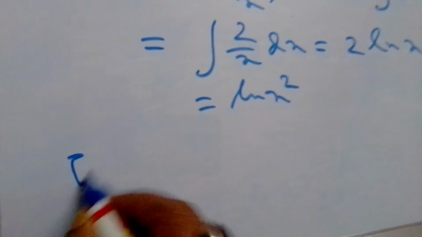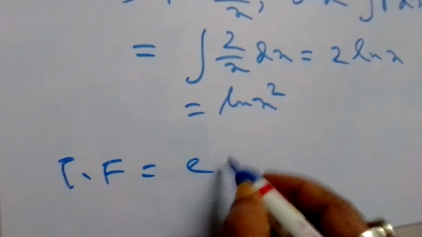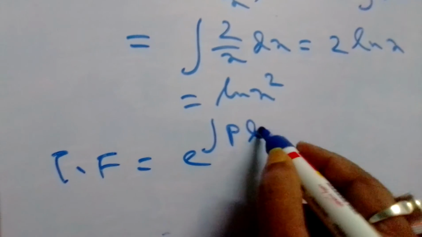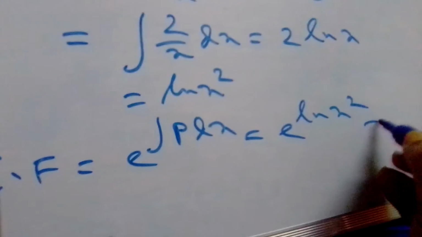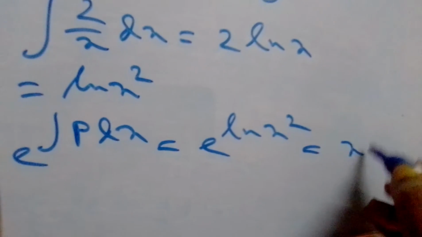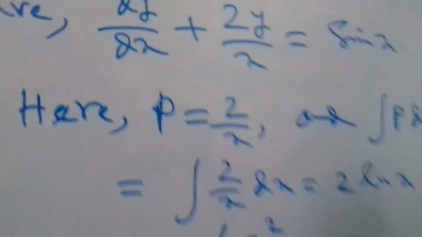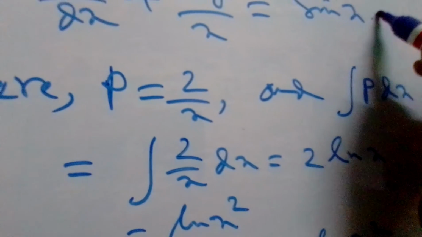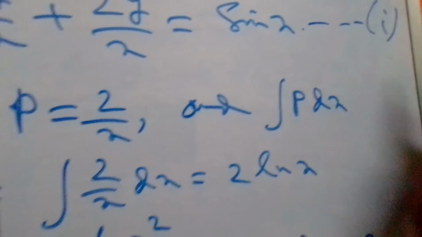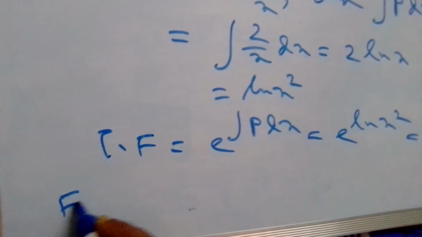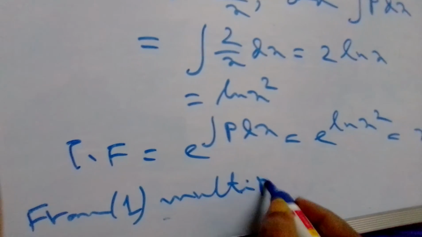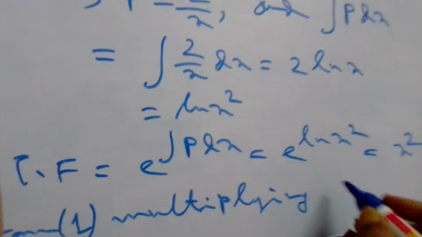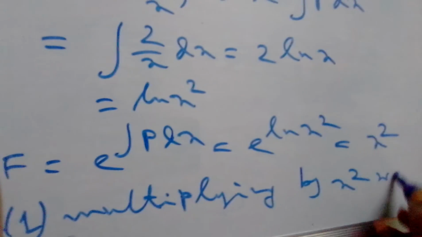Now if we take the integrating factor e to the power integral p dx, so e to the power ln x square, and finally log base e we can get easily as x square. Now multiplying this x square with this equation, if we take it as equation 1, so from 1, multiplying by x square, we obtain